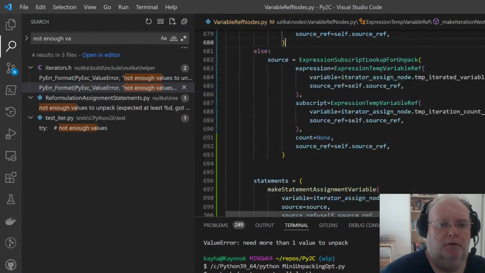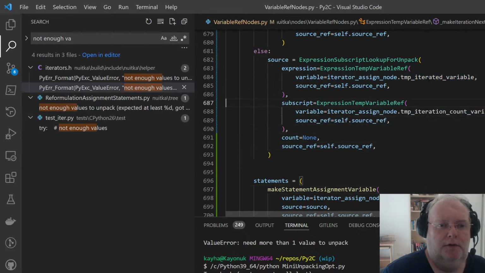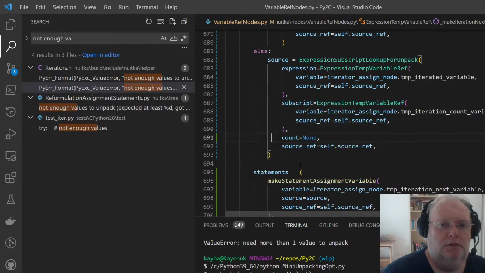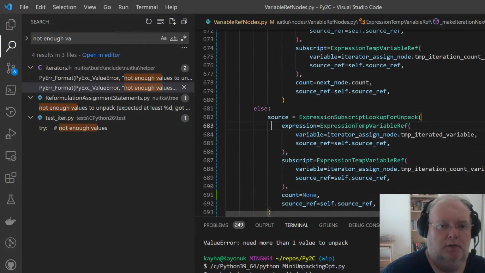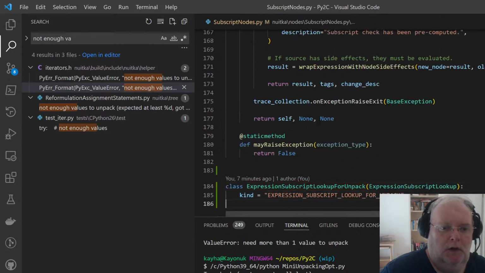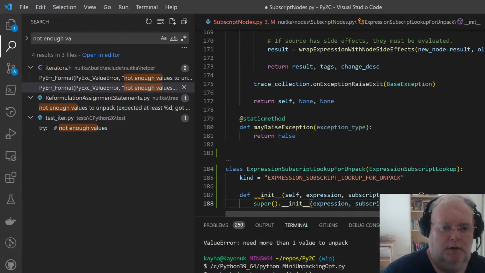Okay, now we make a difference. It doesn't have an expected value. It can give the standard error that iter will do, or next will do. Standard next will do, and then okay, so we need a count argument in this guy. Def init, yeah, it's all pretty neat, but I don't do it that way.